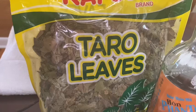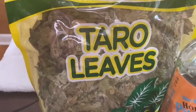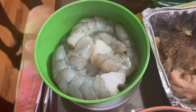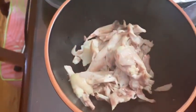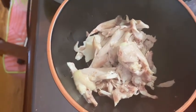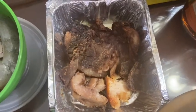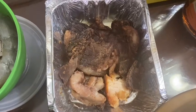So this is the star of the show, the main ingredient, taro leaves or dahon ng gabi. For our protein or pansahog, I always prefer to use shrimp. You can also use flaked chicken, or you can use beef. Anything left over, if you have like fried pork chop in the fridge, you might as well make use of